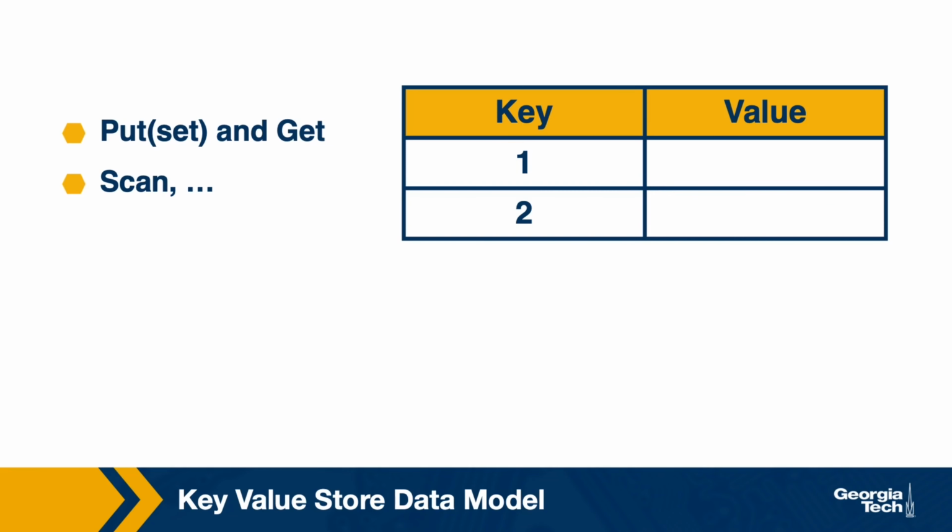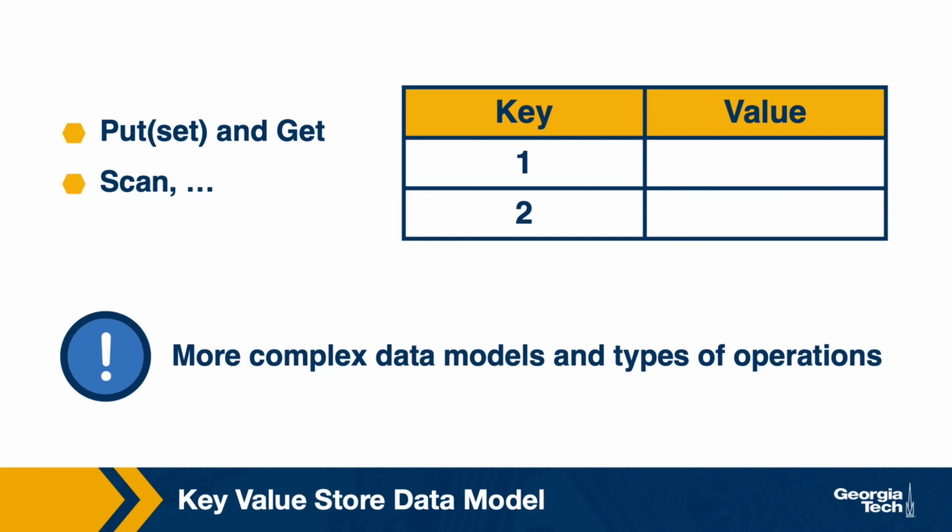A key-value store can also support other operations, for instance, scan or a range query, which returns all values with keys in a given range. Additional, more powerful models may be layered above this basic key-value model, depending on whether there is additional information captured in the data store, such as timestamps or relationships among key-value elements. Such systems may also support more complex operations on the data. For instance, they can support operations involving multiple keys, transactions involving multiple keys.